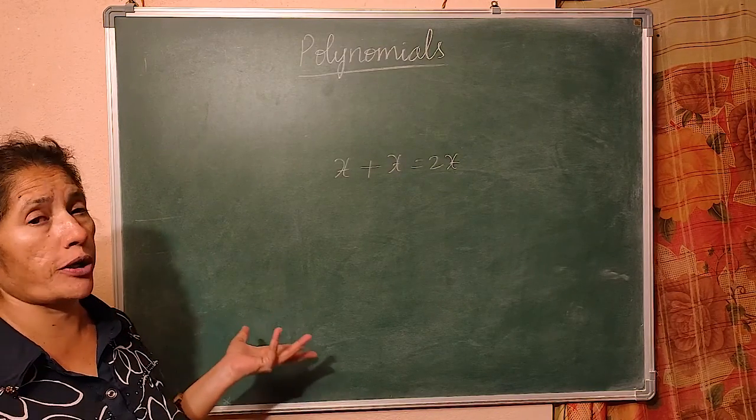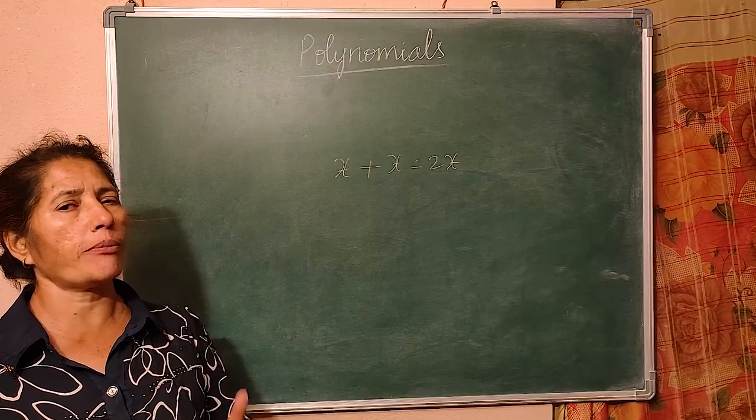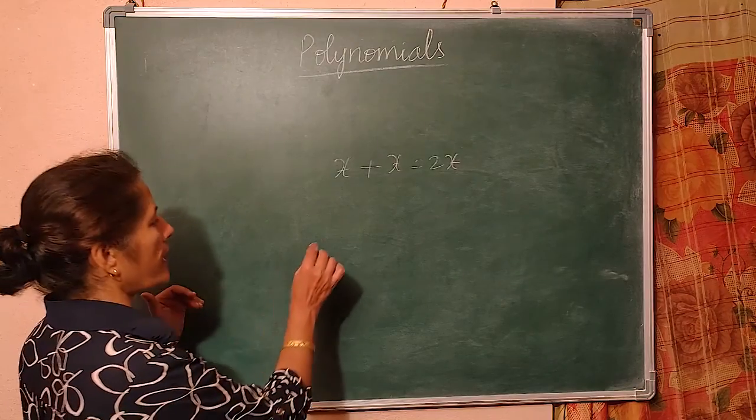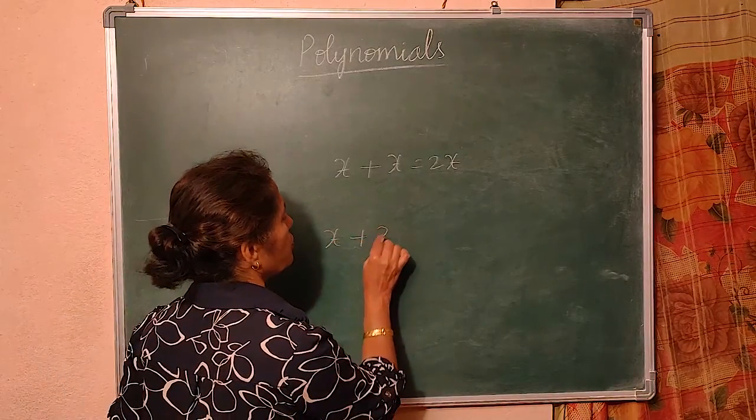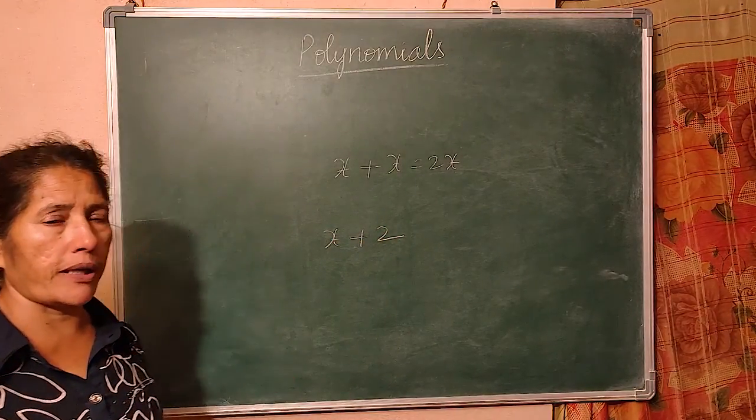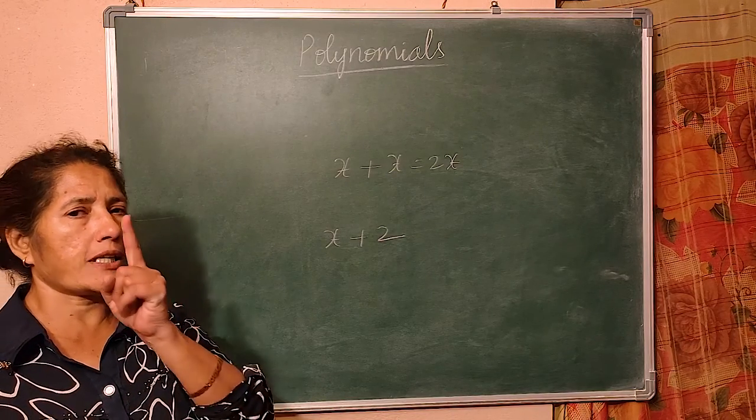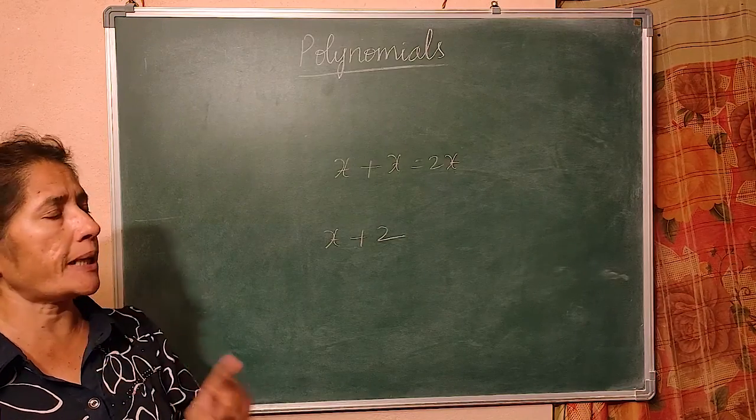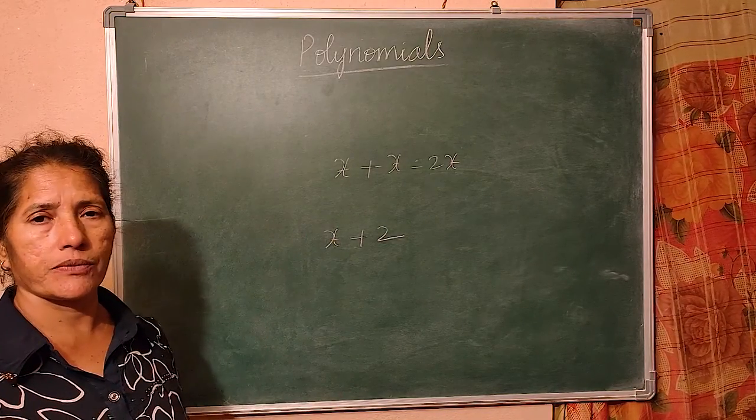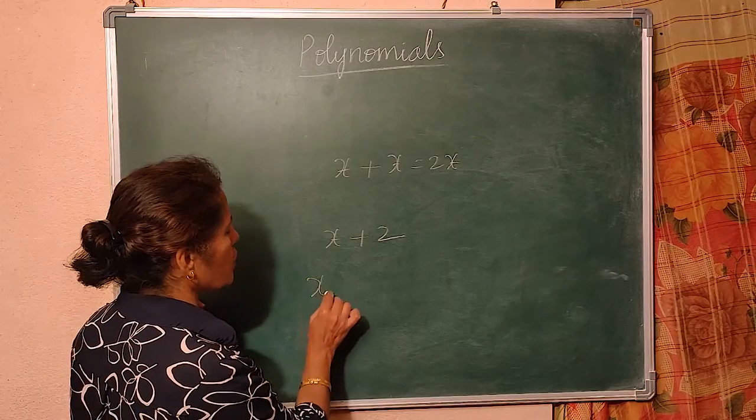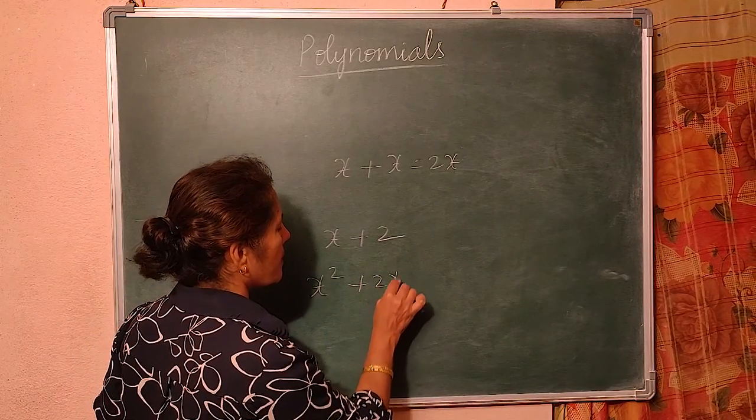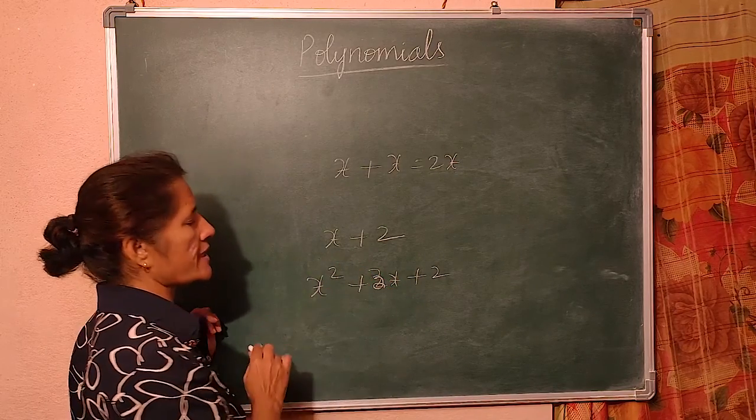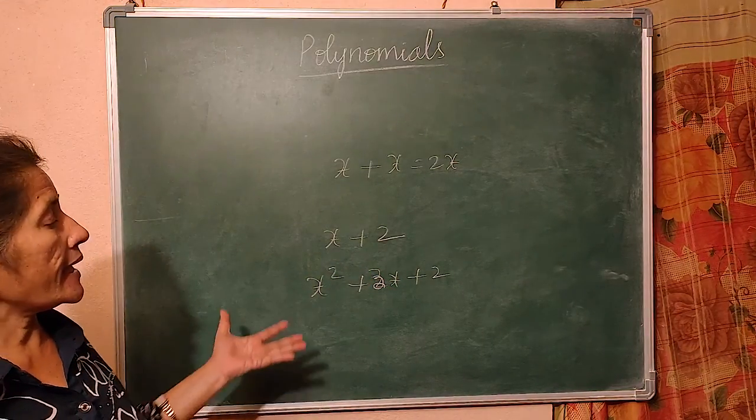What is linear polynomial? Linear polynomial is a polynomial. Let me tell you the example and explain to you. x plus 2. It is a linear polynomial. What you can see? There is only one variable with a degree 1. What is the meaning of degree? Power. Suppose I say x square plus 3x plus 2. Then it is a